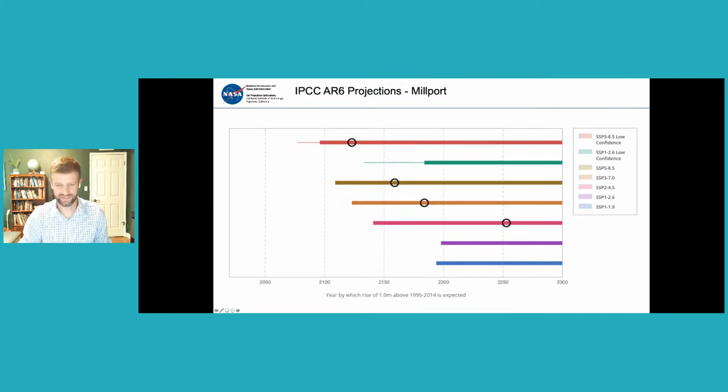And we can look at this again for 1 meter. On that tool, you can adjust the threshold and see exactly when you'll reach these different thresholds. I think it goes all the way from about 20 centimeters on up to 5 meters. So you can really assess the possible range and the timing of some of these events.